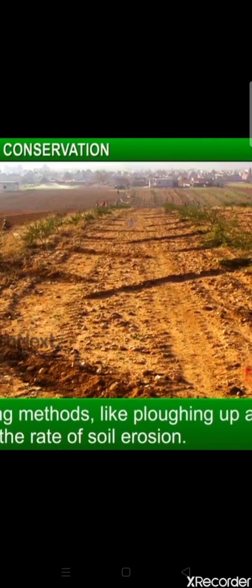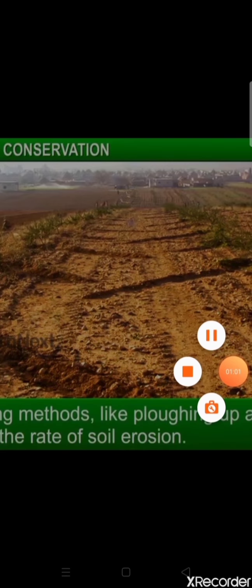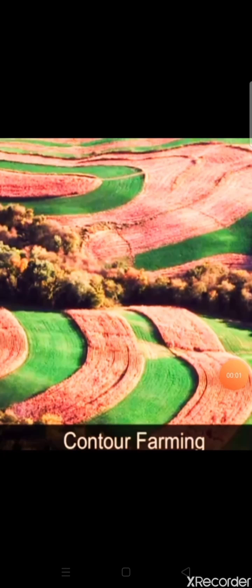When one crop is grown again and again on the same field, the soil starts losing fertility. And third, the practice of shifting cultivation. About shifting cultivation we have already discussed in the previous topic. So these are some of the factors which are responsible for soil erosion. And now children, what methods can we adopt to conserve the soil? And these are contour farming